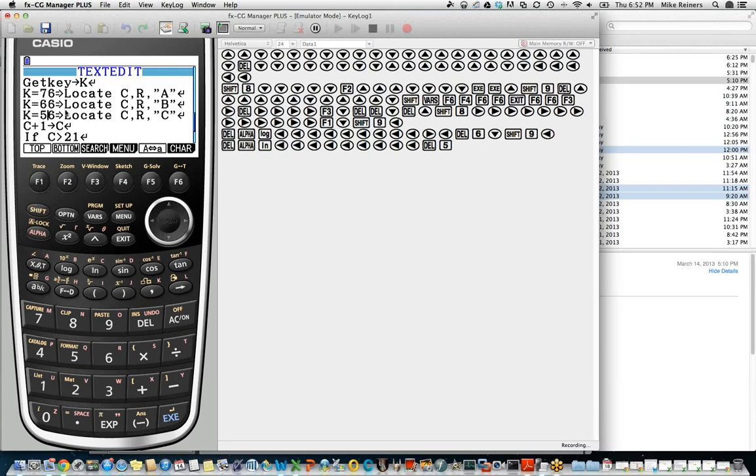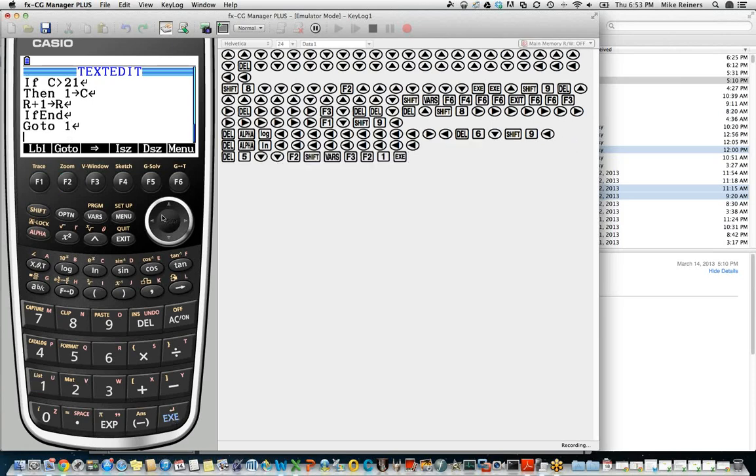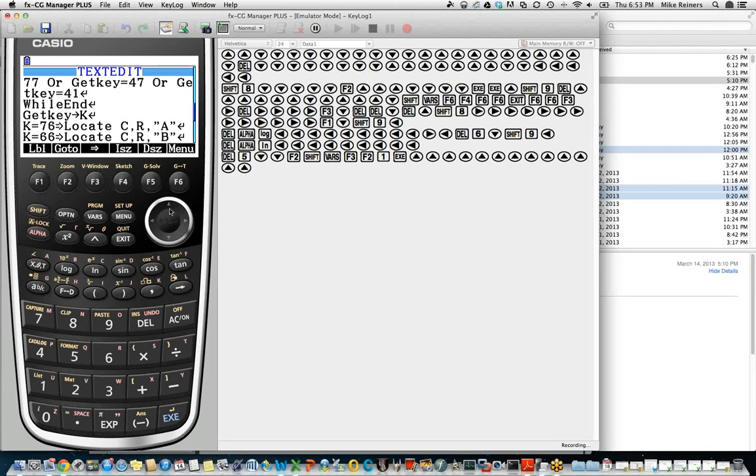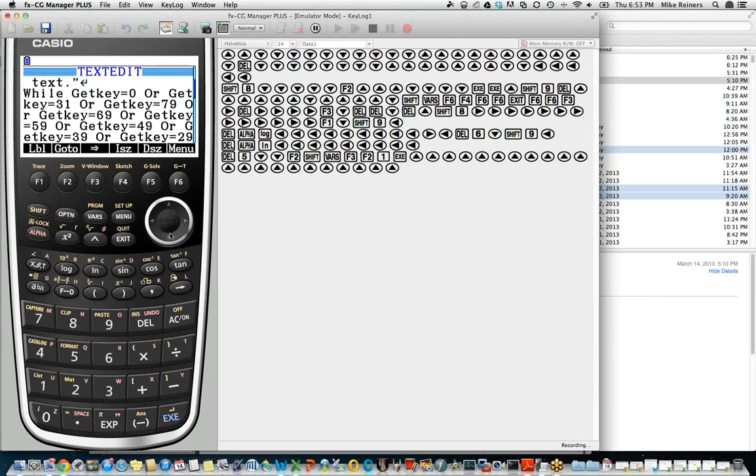And now all we need to do is cause this program to continue to look for keys, look for keys, look for keys. So we're going to go down to the very bottom of our code, go to our programming commands, the jump menu, and create a go-to command to label 1. Once we're done checking for a key and creating a letter, then we're going to change our row and column, and then we want to go right back up to our loop here, and we want to have the calculator listen for a key again.